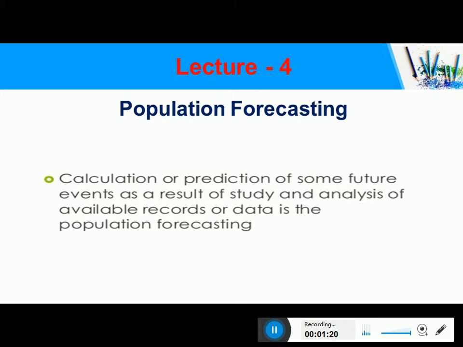So considering the present population as of now, if you take the example, it is the year 2021. Taking the present population of the year 2021, we'll try to estimate the future population of 3 to 4 decades. For example, 2021 is the present population, so we will try to estimate the population for 2051, that is, after 3 decades what will be the population. So that is called population forecasting. We have to design the water supply schemes and water treatment units for a future period.